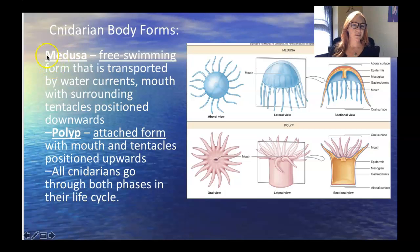More than one is medusae. Describing the form, we say it's medusal. So medusa. These are the free-swimming form of this group of animals, and they are constructed of an aboral surface, which we call a bell. Okay? And they have their tentacles that hang down surrounding that manus,